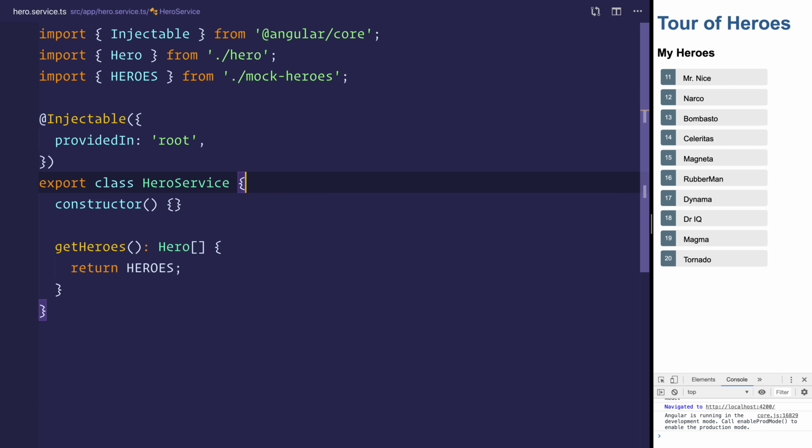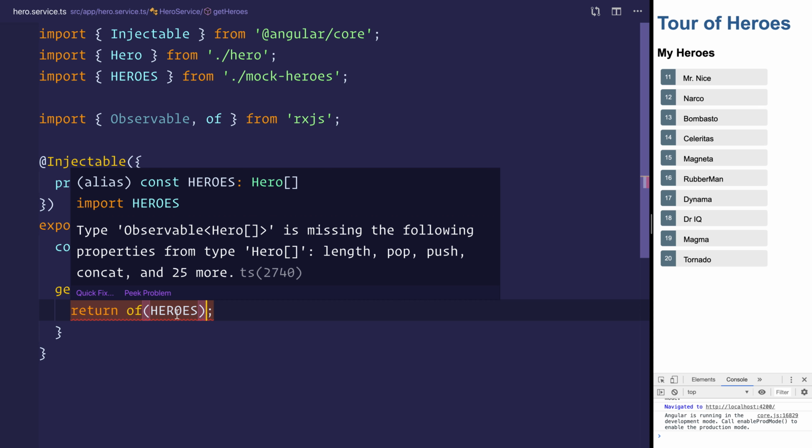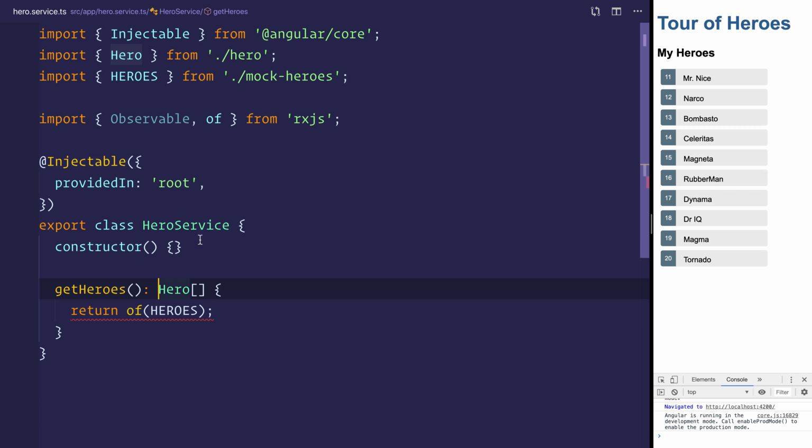hero.service.ts. And now instead of only returning the heroes, we want to return an observable list of heroes. Let's start by importing from RxJS, and we want Observable and of. Instead of returning heroes, we can say we want to return of(heroes). And once we do that, you'll see we have this red underline. That's because we are now returning an observable of heroes. So we need to change our type signature here and say Observable